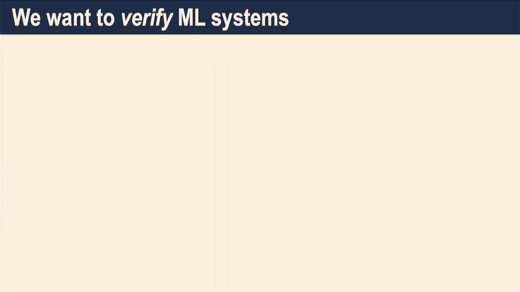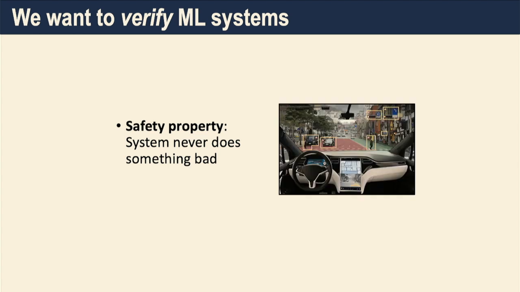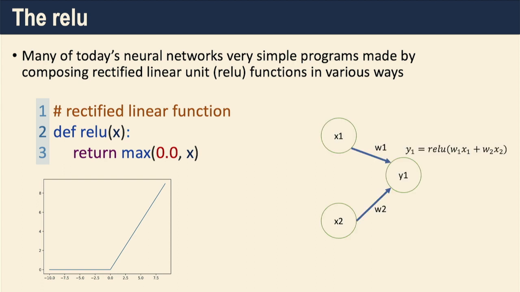But the next one, verifying machine learning systems, you want to have safety. So I showed you already that deep neural networks, you can write them as a function, right? Which just takes input features to an output label. And one of the ideas in making these things safe is we want to use abstractions to over-approximate the behavior of the neural network and show that if that over-approximation doesn't contain unsafe behavior, then we're happy, right?